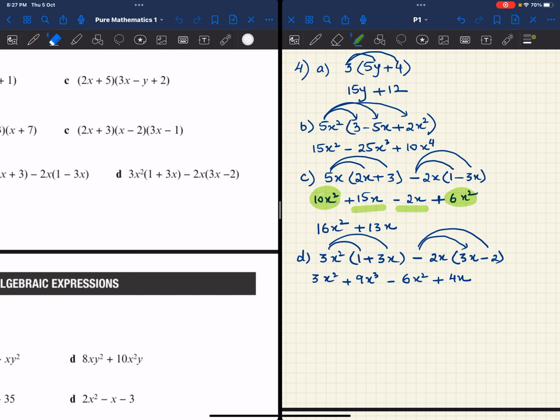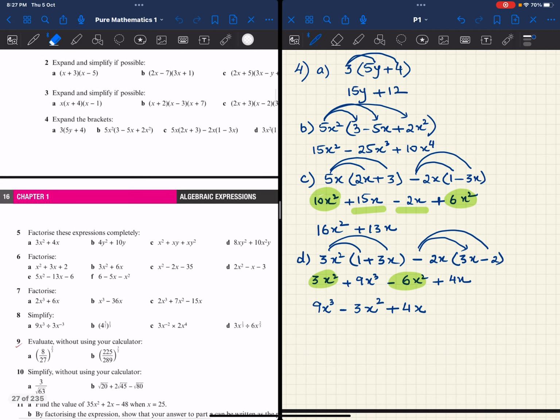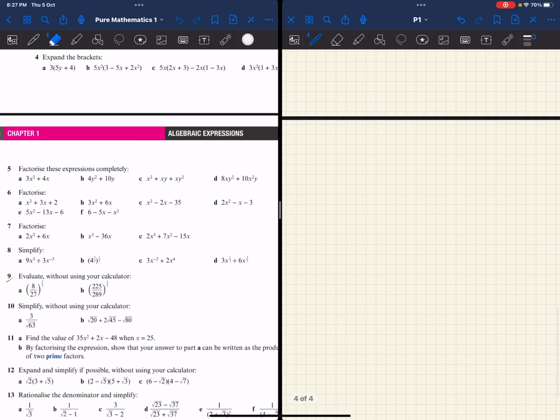We have like terms here, 3x squared and negative 6x squared. So we can start by writing 9x cubed. 3x squared minus 6x squared gives us minus 3x squared, and plus 4x. That answers question 4. Let's move on to question number 5,